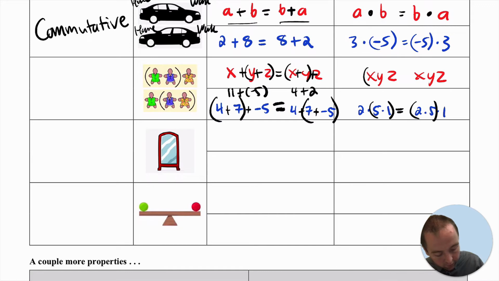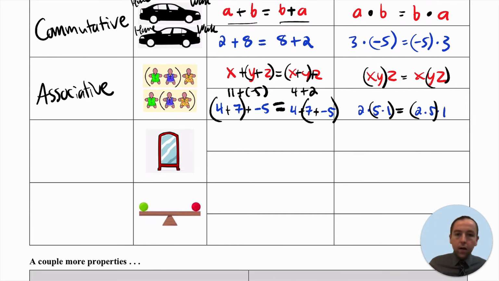And then for multiplication, you can do x times y and then times z, or you could do y times z and then do the x times that, and you get the same answer. This property is called the associative property of either addition or of multiplication. So associativity is always going to involve